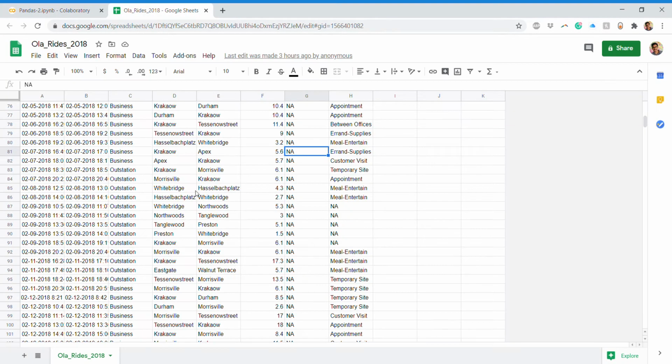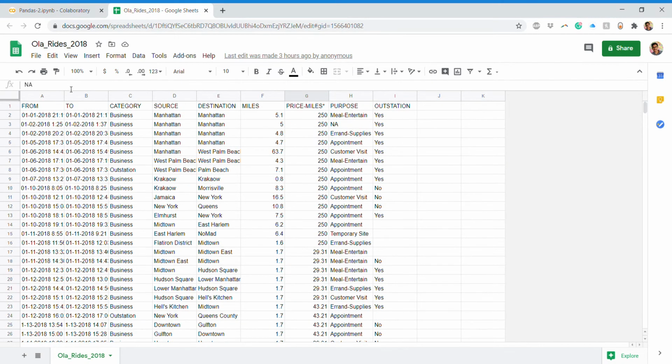If you observe this, we have the from and to, that is the date, which is in date format, then you have category, then source, destination, and then the miles column. Miles is a numeric column, that is, real valued. Price per mile is also a numeric column, but we are not dealing with that; we are talking about the miles.